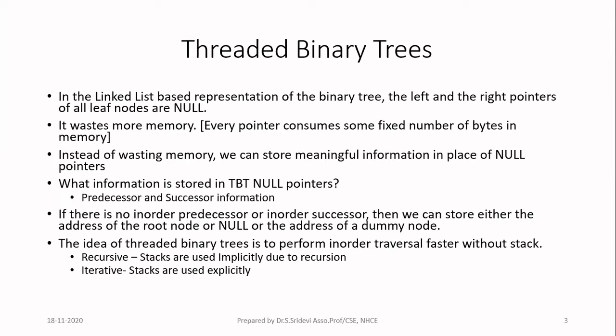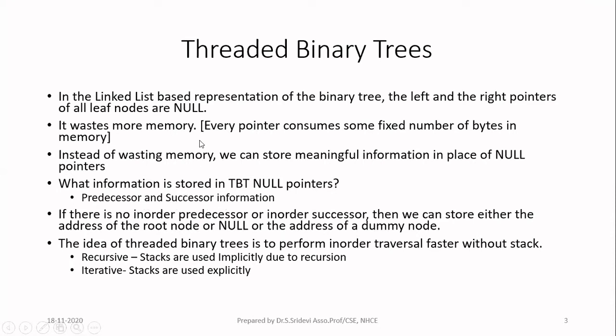So we are going to reduce the wastage of this memory. Actually, you can't reduce the wastage. Instead, you can use it efficiently for storing some other information. You have to allocate 2 pointers for every node, because it is a binary tree. Maybe in the future, you may add child nodes, so you can't reduce the wastage. But you can make use of that space to store some additional information, which will ease up your process. So what information are we going to store in that? That is nothing but the information of predecessor and successor nodes.